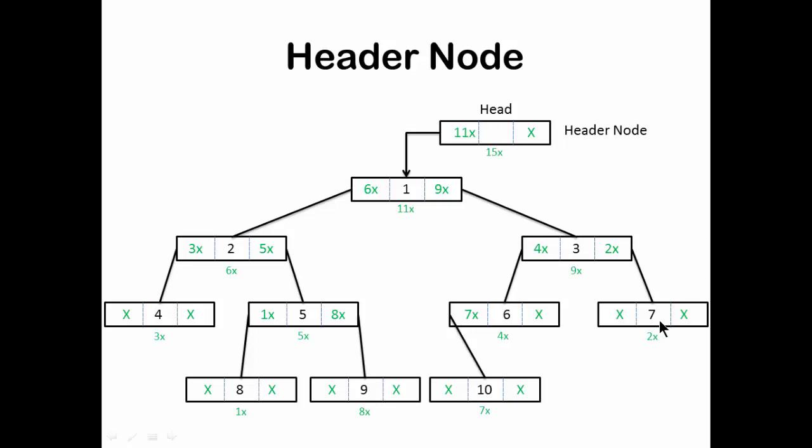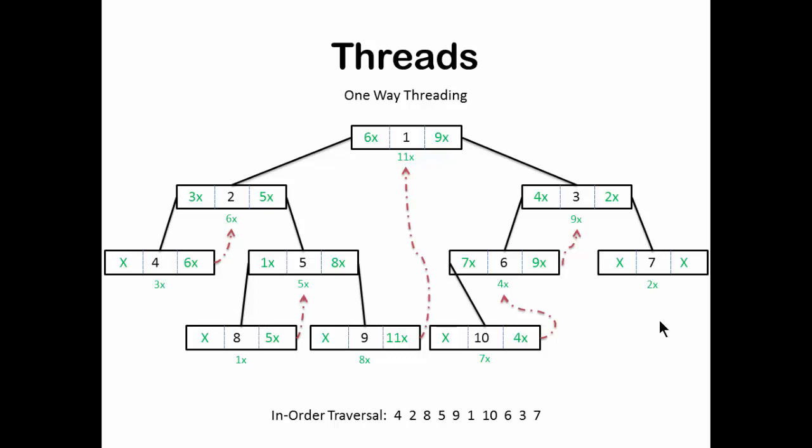So this could be used in several ways, but if this node is used, then this will be called the header node, and this is one of the variations of the binary tree that you may use. The other is the threading concept. But why do we need threading?